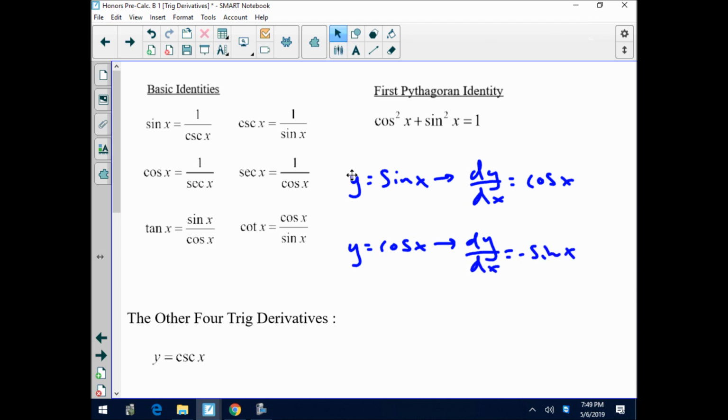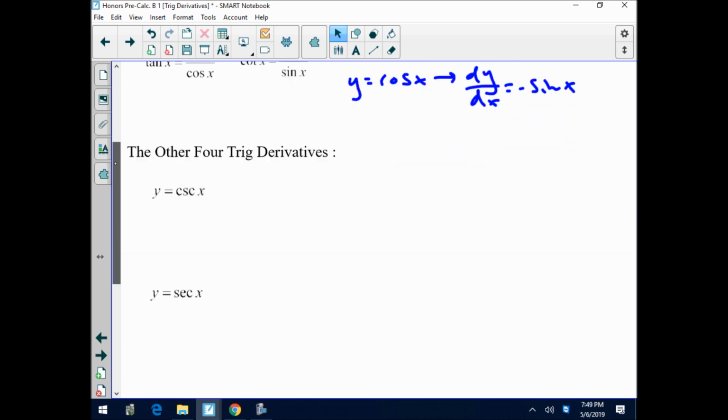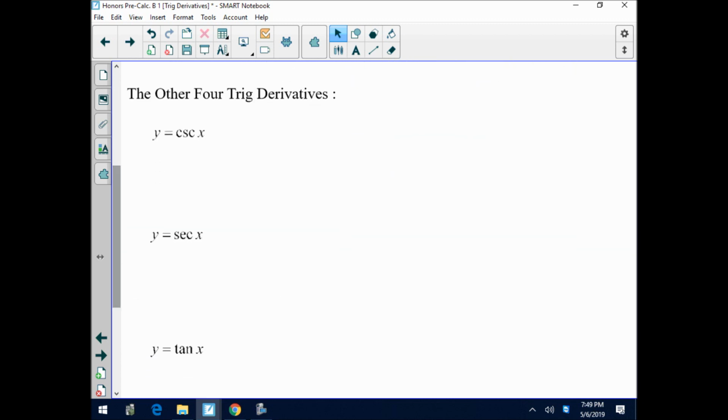And one of the things we know about the other four trig functions is that each one of them can be represented with sine and cosine. So our strategy for getting their derivatives is going to be to represent them with sine and cosine and then take the derivatives from there. So right here we'll start out with cosecant, and we know that cosecant can be represented as 1 over sine